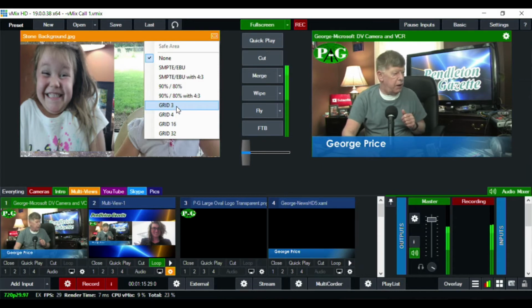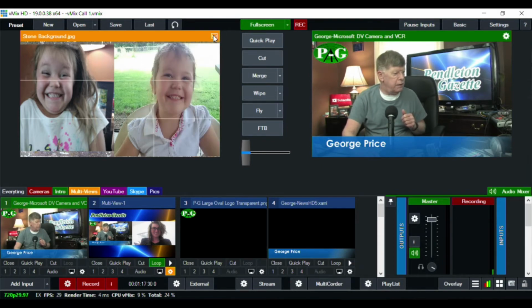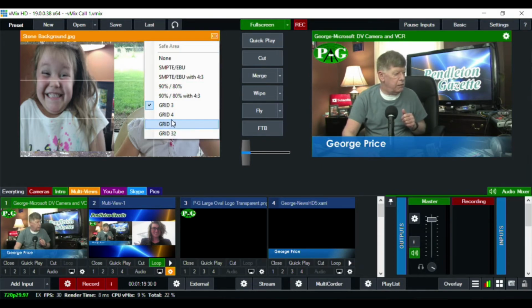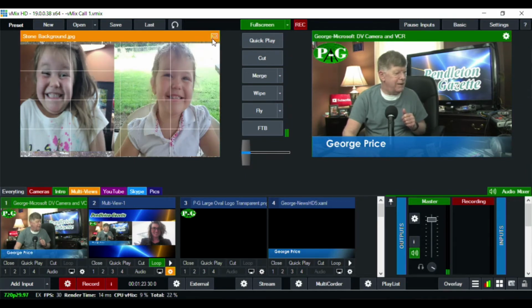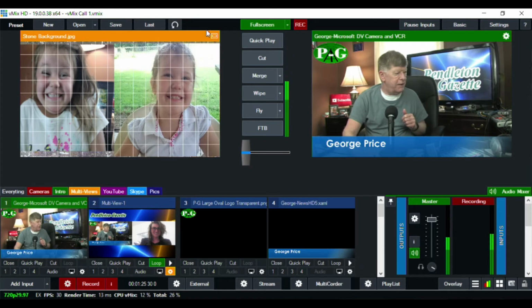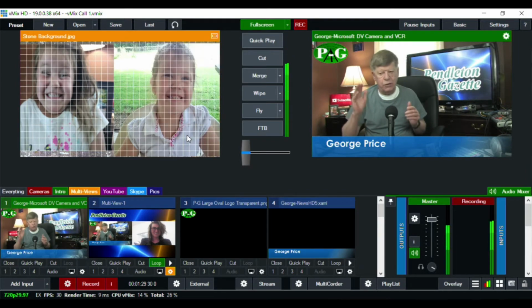You can add 3, 4, 16, and 32 to make sure that you got your pictures the same.